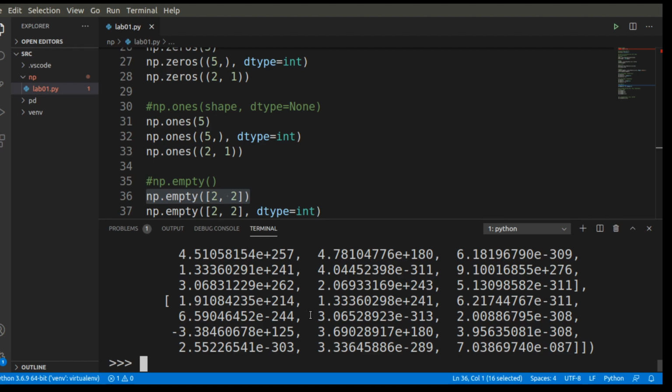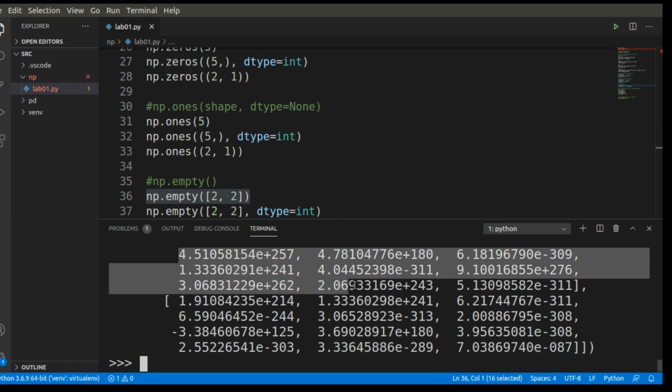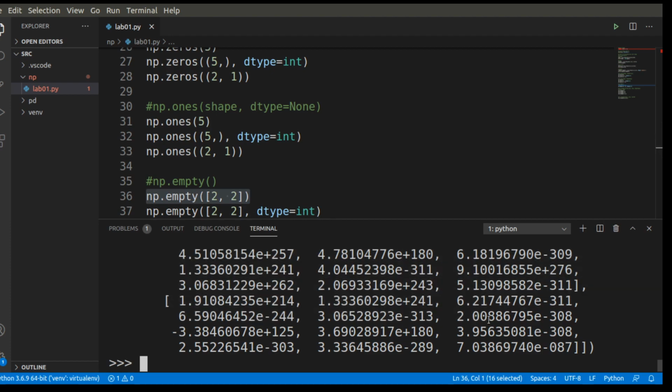Even though we have np.ones and zeros, if you don't know what to fill, you can use np.empty. When you want to debug the application, if you give np.empty and it throws some random values, that means you can definitely identify somewhere the mistake is happening. And if you mention empty in your code, then the developer who is also working on your project will easily come to know that this is a placeholder, it does not yet have any values.